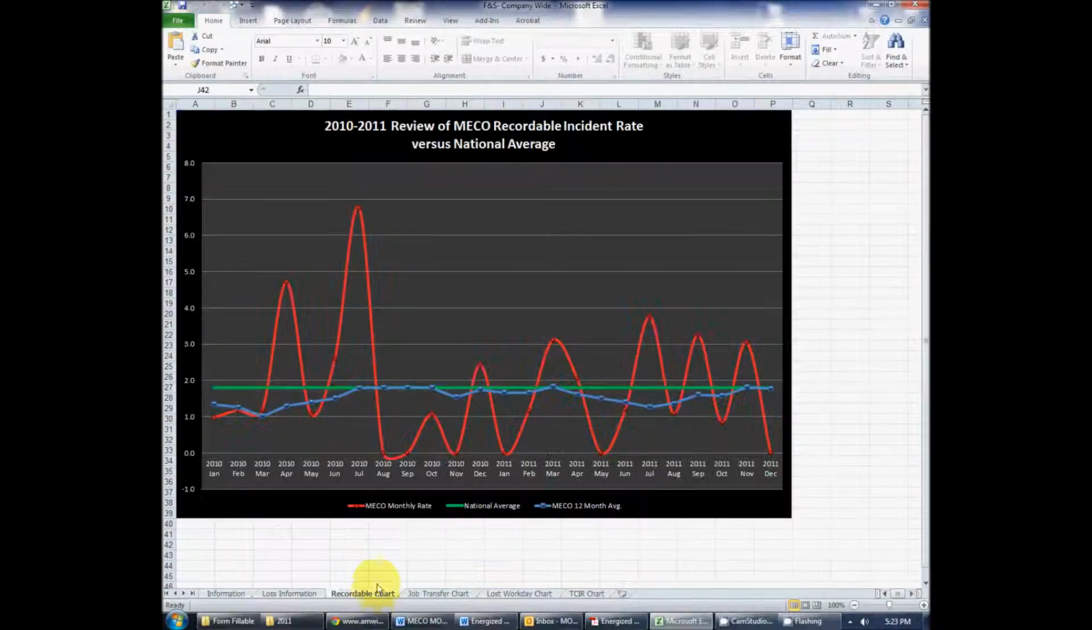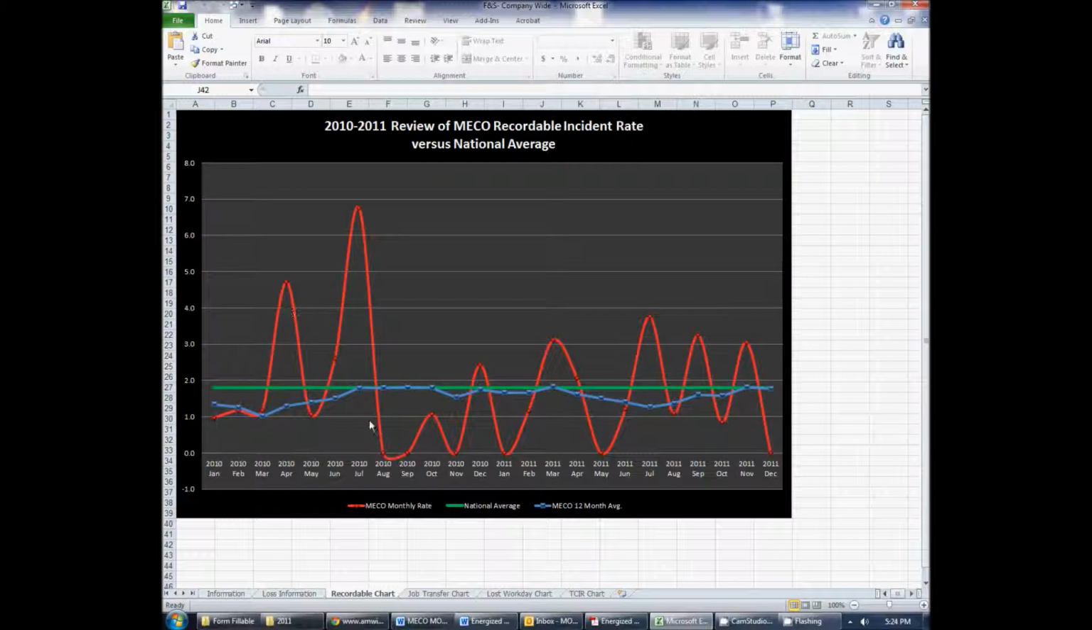On the next tab, this is something new that we've been trying to create. This is a 2010-2011 review of Miller Electric Company recordable incident rate versus the national average. Now, this isn't versus the national average of every type of employer. This is the national average of electrical contracting companies. So what we have here is the Miller Electric Company monthly rate, the national average, and then the 12-month rolling average of our